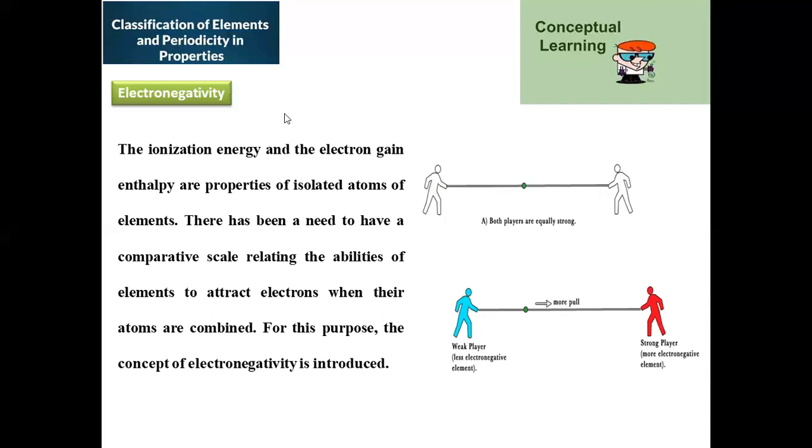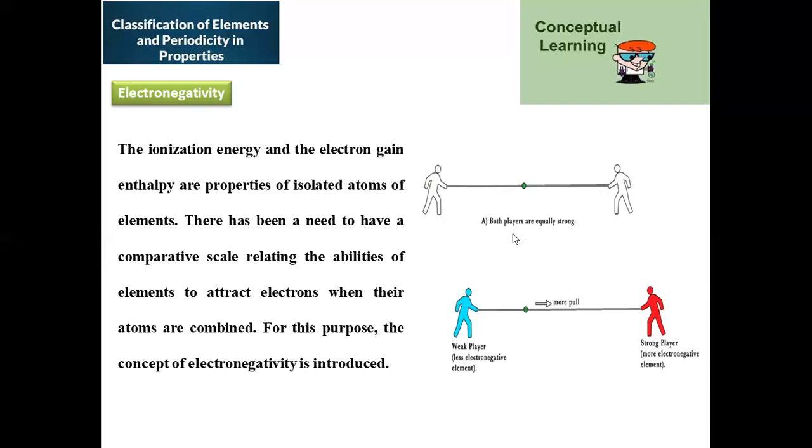The same is exactly applicable to the electronegativity property also. When any two atoms are bonded by a covalent bond, the element with a higher seeking tendency of electrons has more tendency to pull the electrons. That's the reason why electronegativity is the criterion in order to measure the nature of the bond, whether it is ionic, covalent or coordinate covalent. That is clearly distinguished by using the property called electronegativity, right?